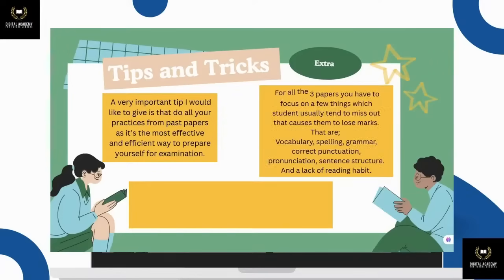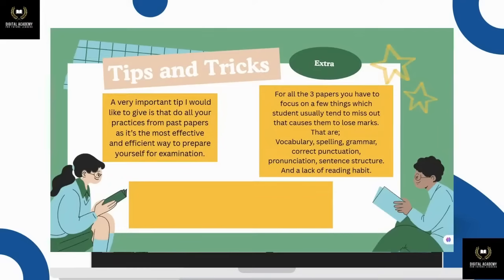Secondly, for all the 3 papers, you have to focus on a few things which students usually tend to miss out, that causes them to lose marks, though they can achieve the most on those areas, which are vocabulary, spelling, grammar, correct punctuation, and correct pronunciation, sentence structure, and the lack of reading habit.